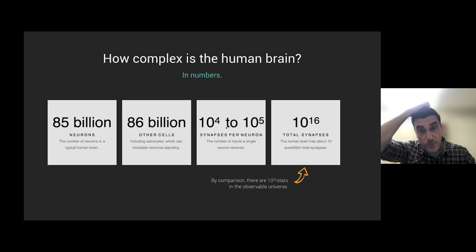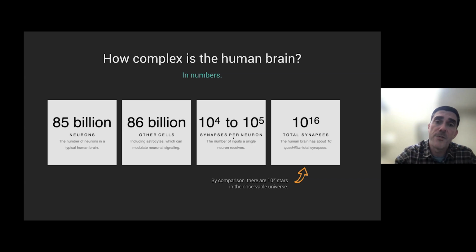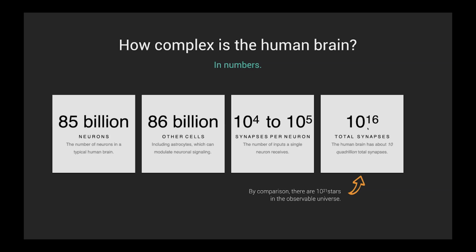Typically a neuron has 10 to the 4, 10 to the 5, tens of thousands to hundreds of thousands of synapses coming in. That's the degree of integration that's happening in just one neuron. And the consequence of all of this integration is the output is just one of those tens of thousands and hundreds of thousands of downstream signals that's contributing to the firing of then the next postsynaptic set of neurons in the chain. The total number of synapses in a typical human adult brain is about 10 to the 16 order of